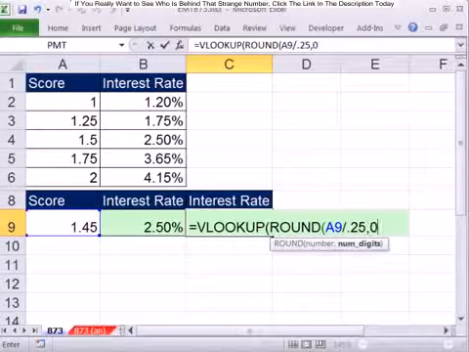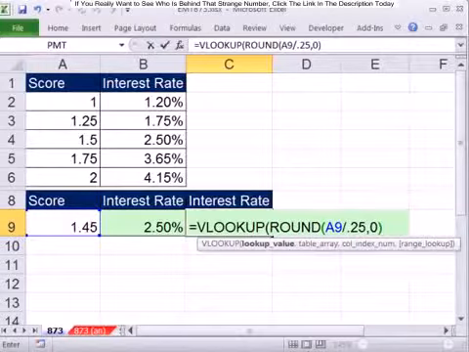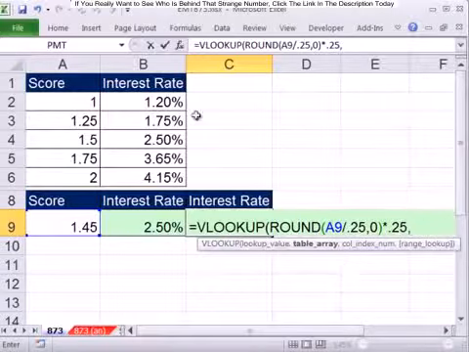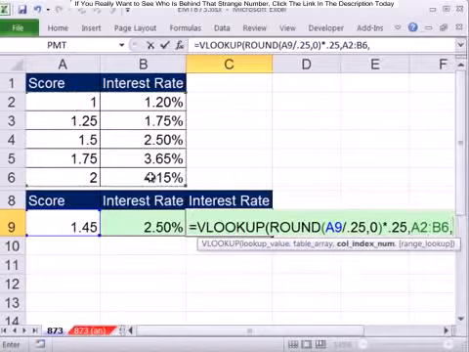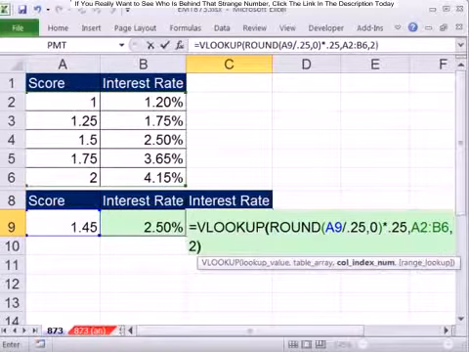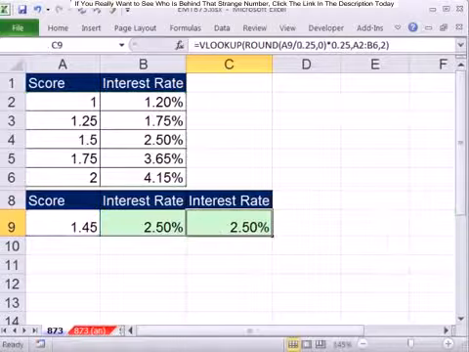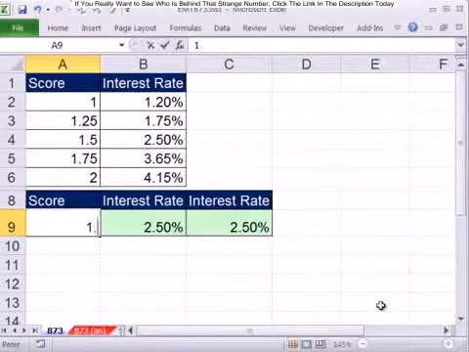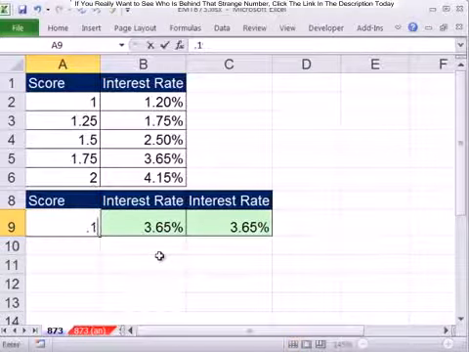So that'll just give me an integer amount of how many 0.25s are in there, and then I will say times 0.25. All right, so that's our rounded to the nearest 0.25 lookup value, comma, and then we do our table, comma, second column, close parentheses, and Control Enter. So now if I change this to 1.7, it better give me that. If I change it to 1.95,